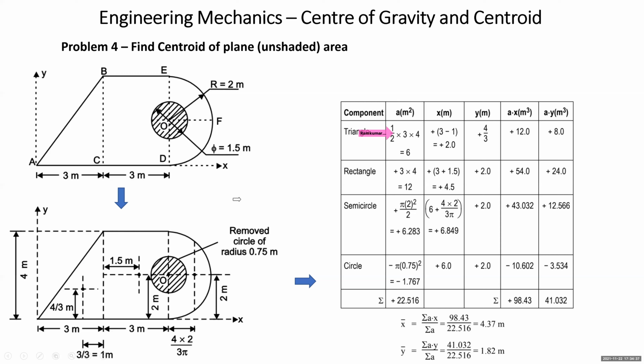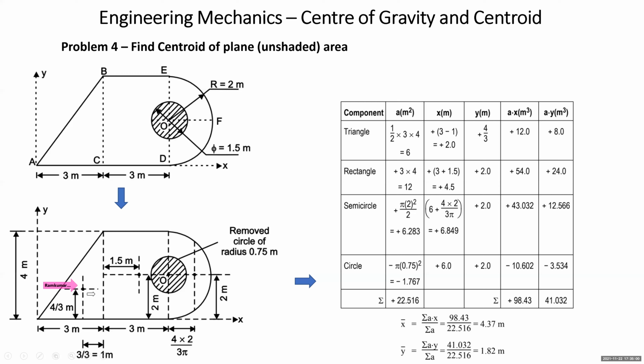Okay. And now you have to read the coordinates of this point, the centroid of the triangle. This point is right of the y-axis, so the x coordinate is positive. It is at what distance from the y-axis? 3 minus 1. You can see this total distance is 3 minus 1, which is 2 plus 2.